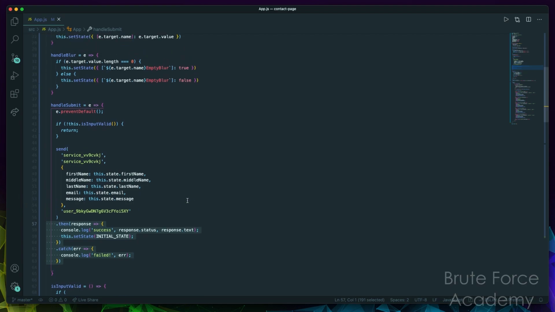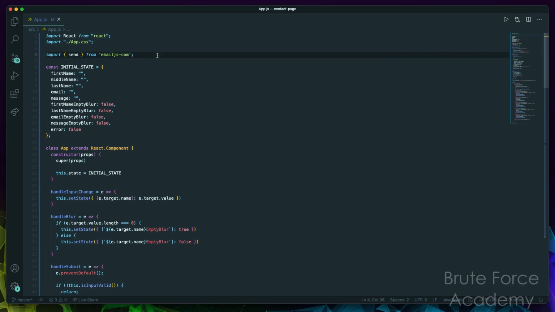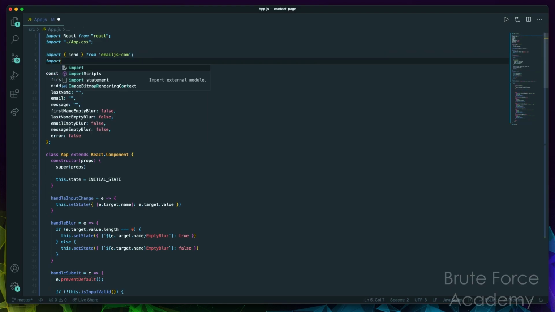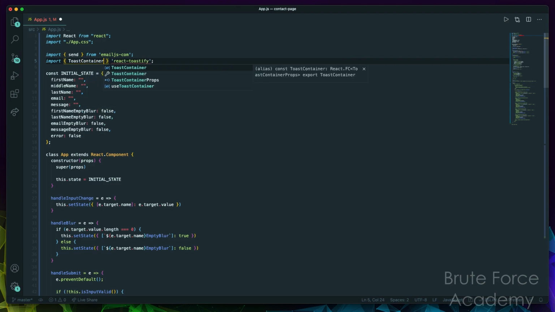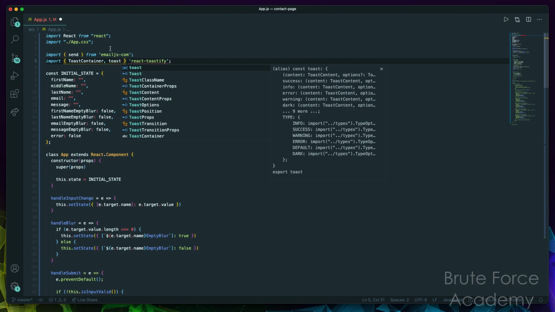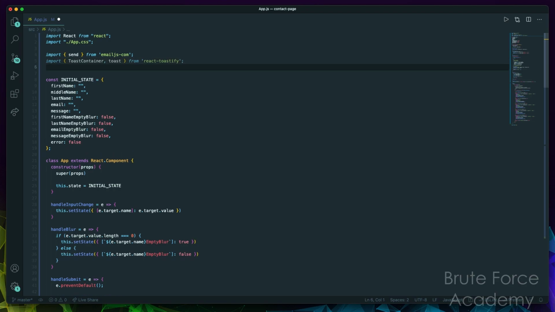And then the last thing that we want to do is get set up with react-toastify, so we can get that nice little pop-up that shows up whenever we send this form, okay? So what we have to do for that is come up here, and we will import some stuff from react-toastify. Apparently they like bread that's been toasted. So we're gonna import a ToastContainer, and then we're gonna import toast from react-toastify. And then what we also need to do is import some of their styles, so we'll say import